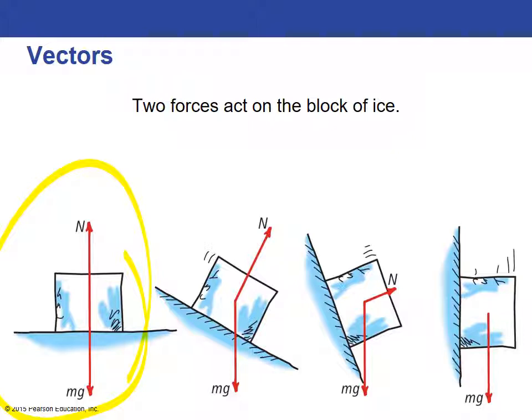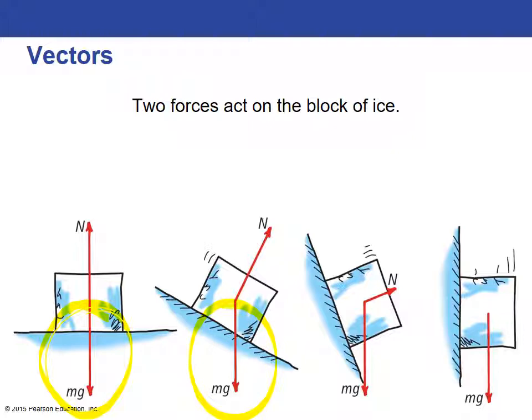There is the force due to gravity, which is a combination of both the mass of the block and the acceleration due to gravity pulling the block downward, and then the normal force, the support force of the surface holding the block up. All right? Now, what does not change? The thing that doesn't change in all of this is that the mass of the block does not change,